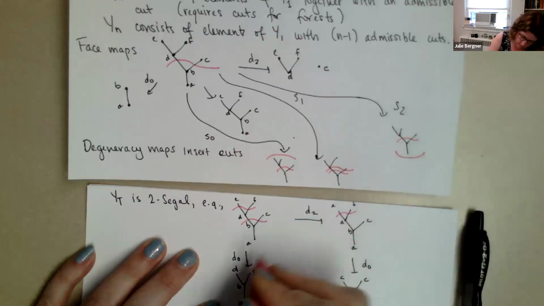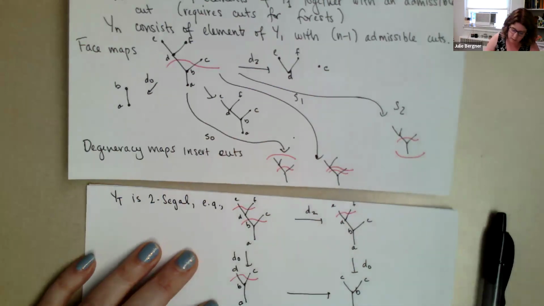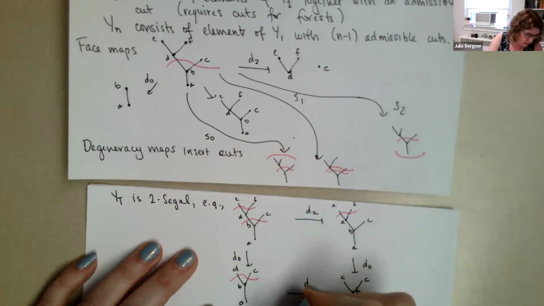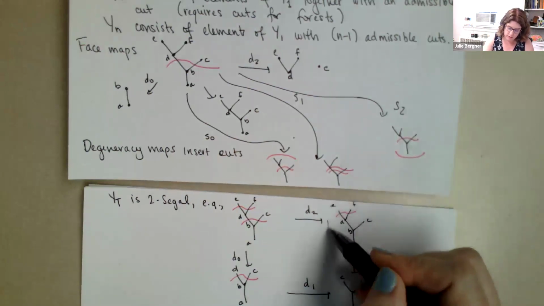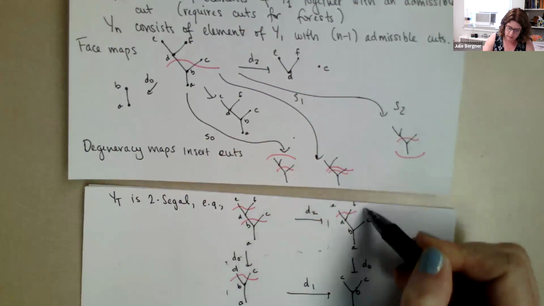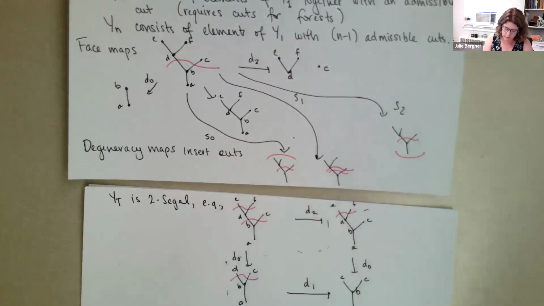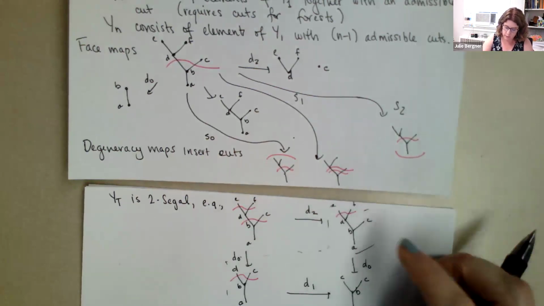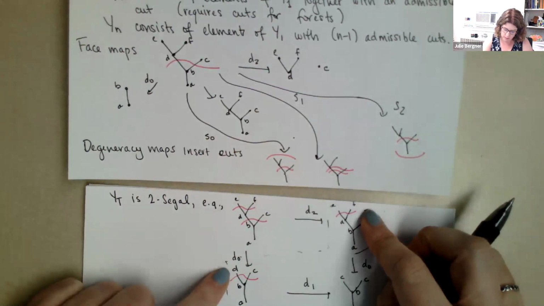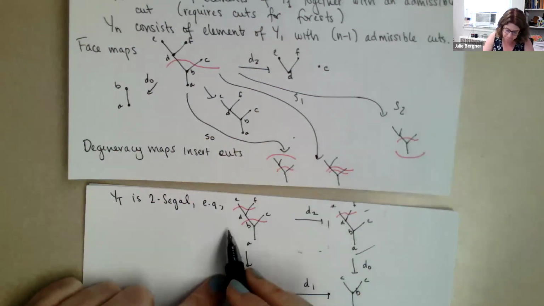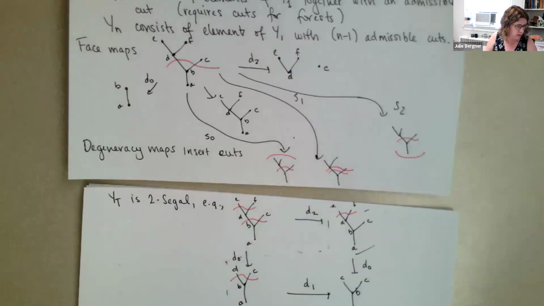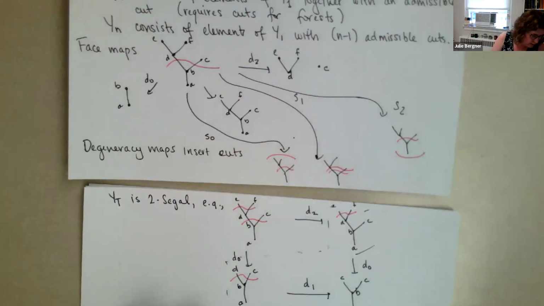Oh, I'm sorry, I forgot to put the cut. So we keep the cut that was there, and this D1 just forgets the cut. Again, the question is, if you just had this, could you recover the tree? And this tells you what the whole tree was, and this part tells you the extra cut that you would have to put in down. Okay. And it's not 1 Siegel,